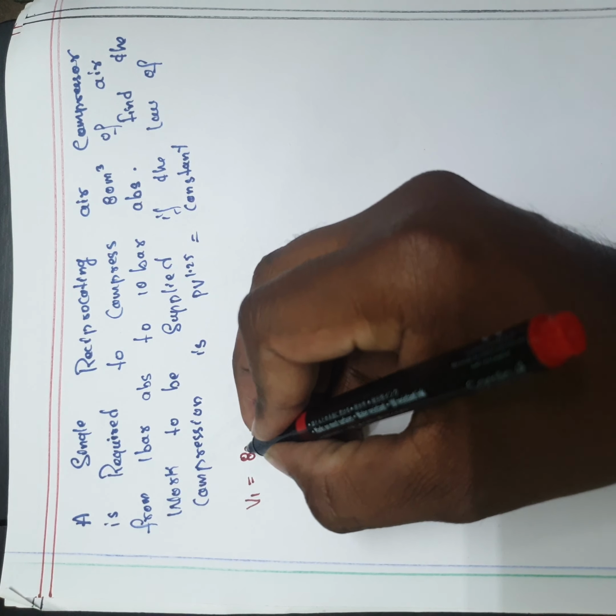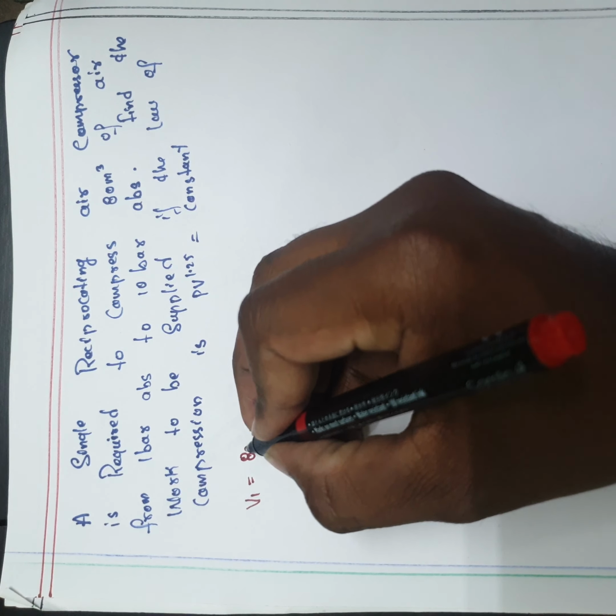For adiabatic you have to select this formula. For polytropic, this formula. For isothermal, it will clearly mention in your question that the given process is isothermal. Suppose n value is given 1.4, then it is adiabatic. Except 1.4, if any other value is given for n, that one is known as polytropic.